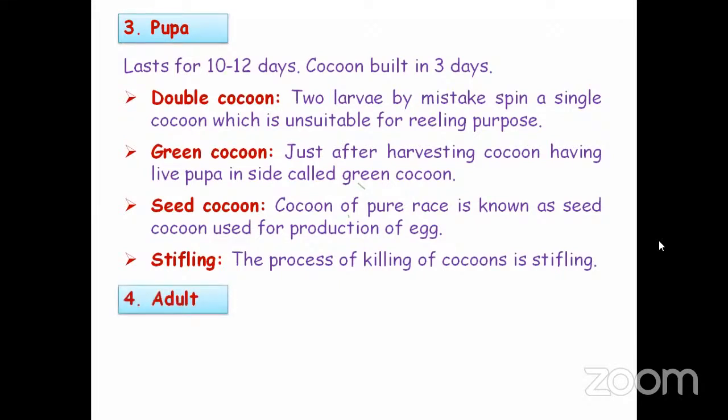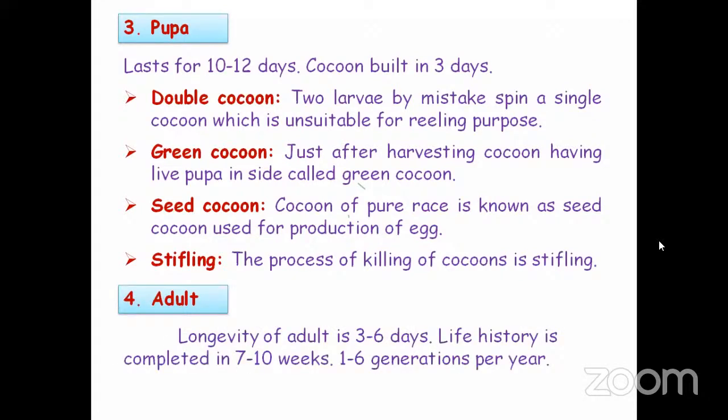Then the next stage is the adults. These adults live up to 3 to 6 days, and the whole life cycle is completed in 7 to 10 weeks, and 1 to 6 generations per year are mostly found in the case of the silkworm. So this is all about the